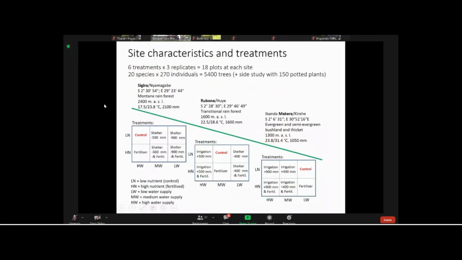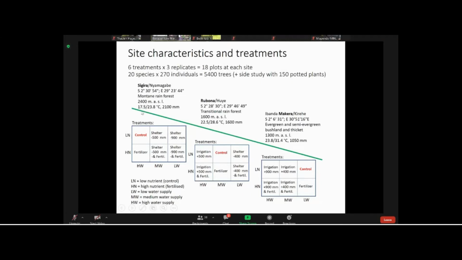This is the site characteristics and the treatment. We have 3 sites, as I have told. At Sigira site, this is the coordinate at Sigira,